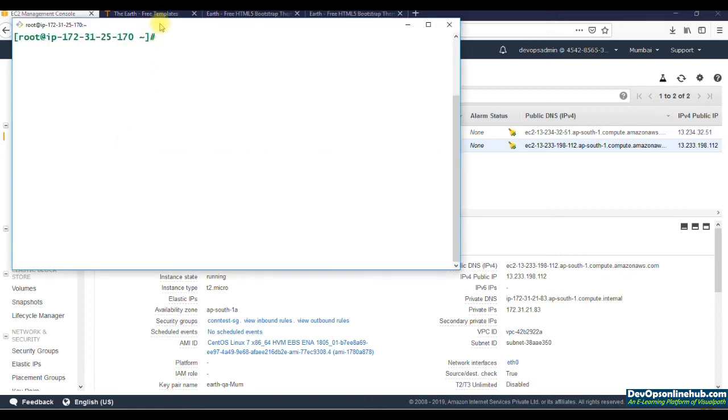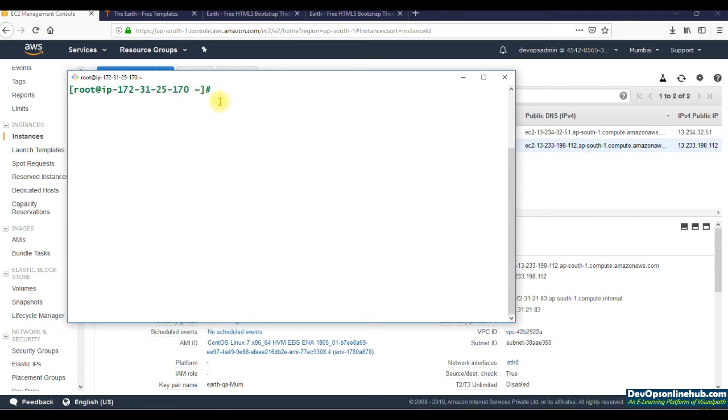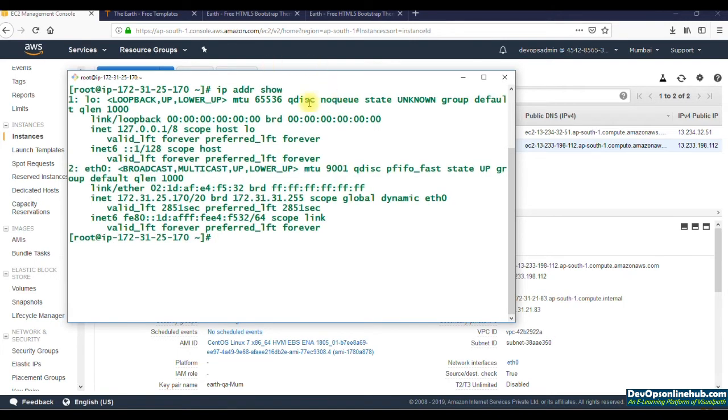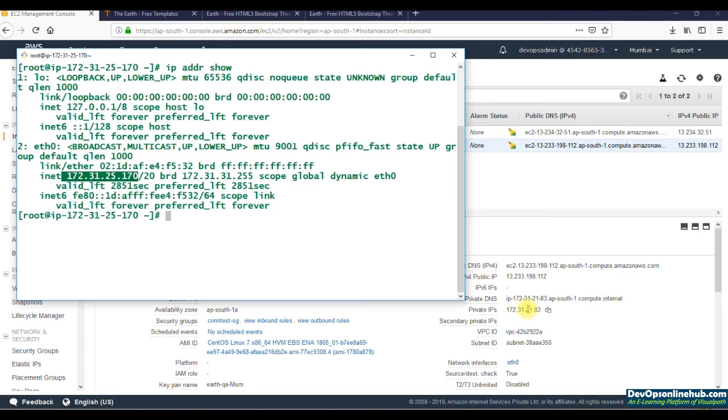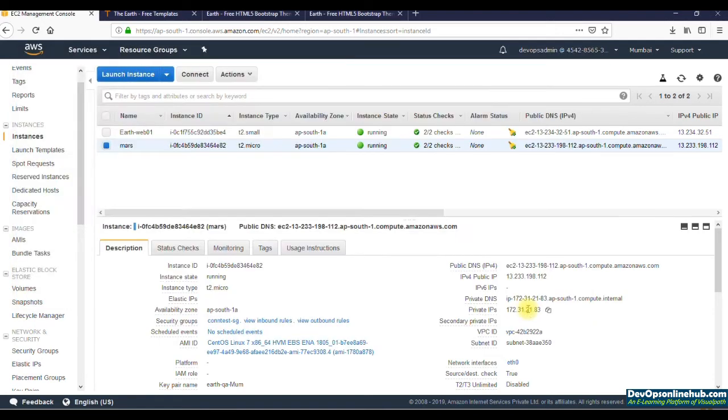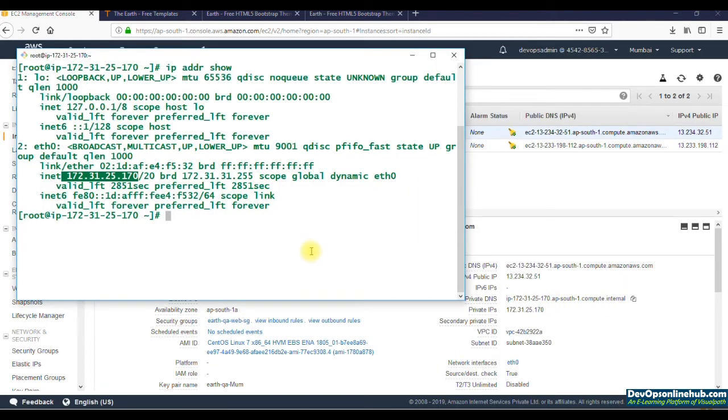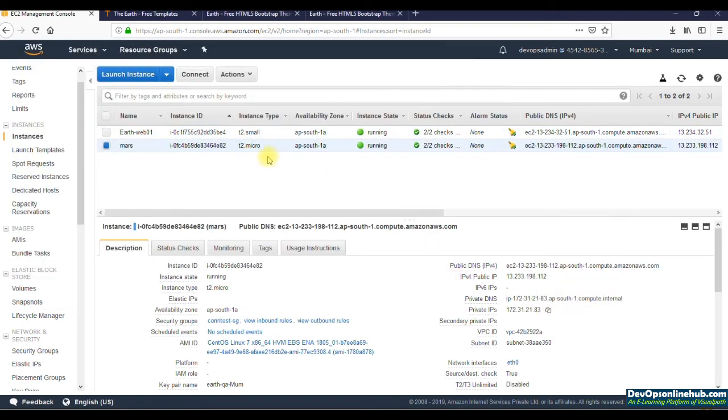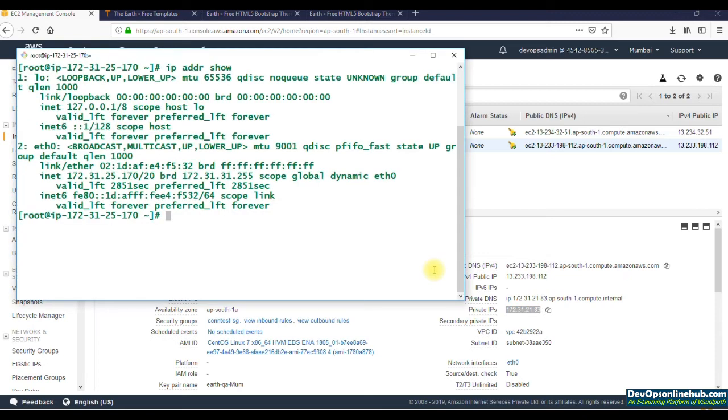So here I am on Earth Web 01 instance. Just to confirm, you can check the IP address show. So that's the private IP of Earth Web 01. Check that. Okay, no, we're in the wrong one. Yeah, sorry, Earth Web 01. 25.170. Yes, we are on Earth Web 01. From here we will log into Mars. So let me copy the private IP of Mars, and I will say SSH CentOS @